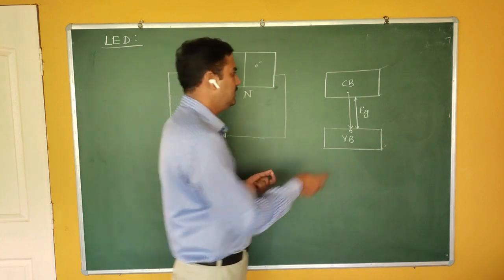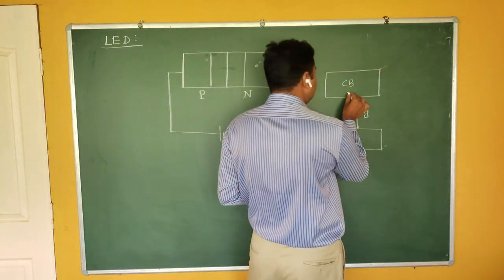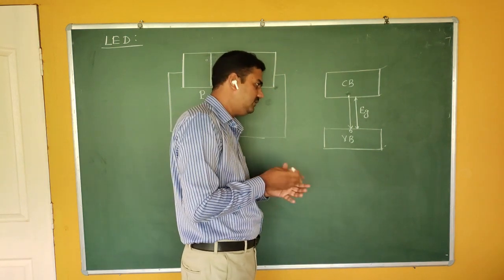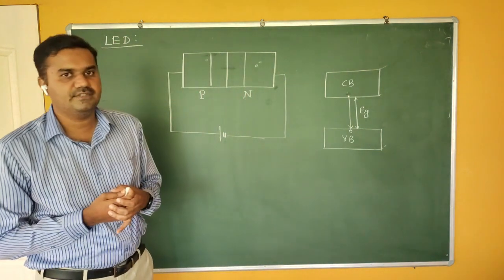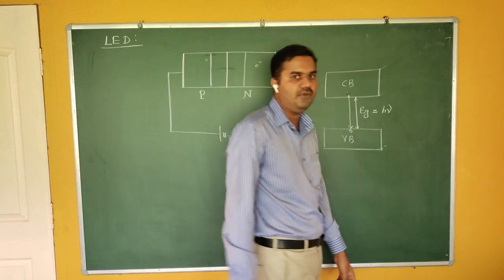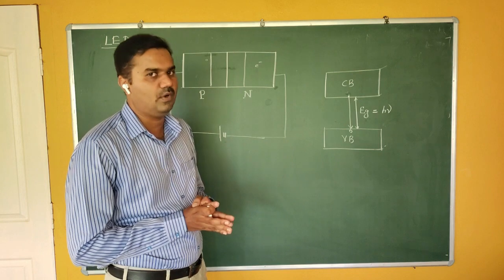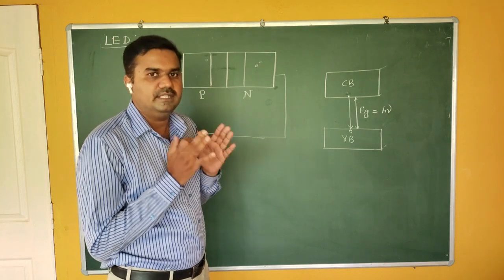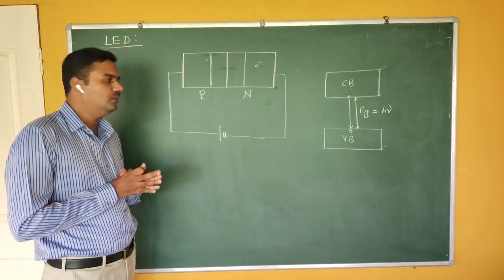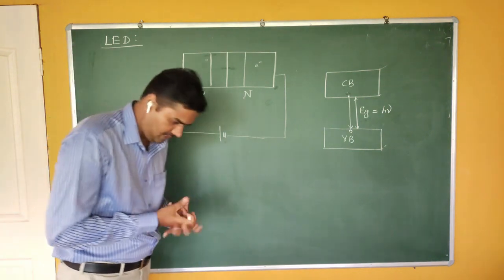Now, what is the excess of energy? We can clearly see that the excess of energy is Eg. So when this electron comes back from the conduction band to the valence band and fills that hole, that excess of energy is emitted in the form of a photon having an energy of h nu. And what is the energy of that photon? It should be equal to the energy gap. Are you getting me? Therefore, when electron-hole recombination takes place, a photon is liberated.